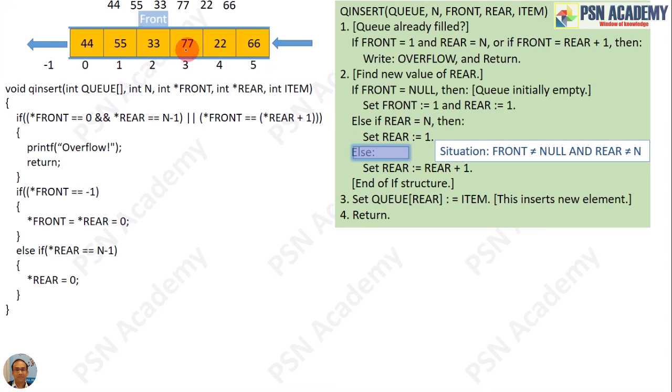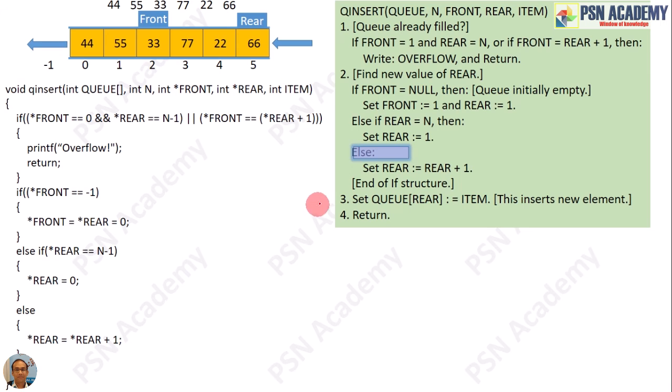That means front is somewhere here and rear is somewhere here, which is not the last index. In this kind of situation, you simply increment rear by 1. So the algo says that set rear to rear plus 1. So in our code, we write else *rear equal to *rear plus 1. Now we have got the rear's index.